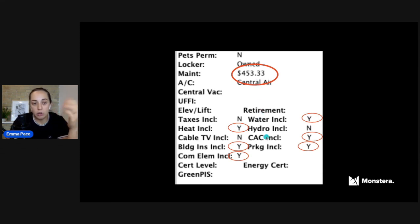All right, so hydro, probably budget somewhere between $50 and $100 a month, depending on the size. With this particular condo, I know the square footage was between 600 and 699. And with that size of condo, I would usually suggest $60 to $70 a month on top of this is probably what it's going to cost you. But again, do your own research on that. So you're probably looking at some additional expenses, but the bulk of your expenses are likely to be included in the maintenance fees. So we've talked about how they work, what you should pay for them,